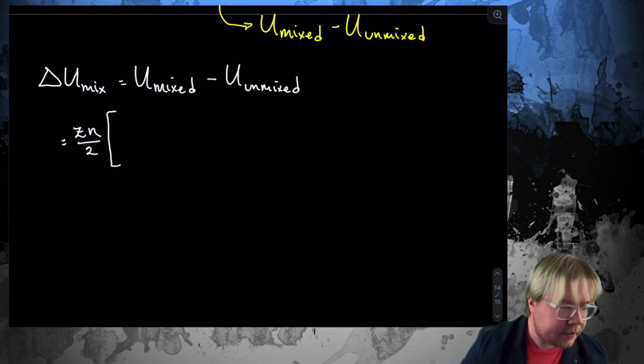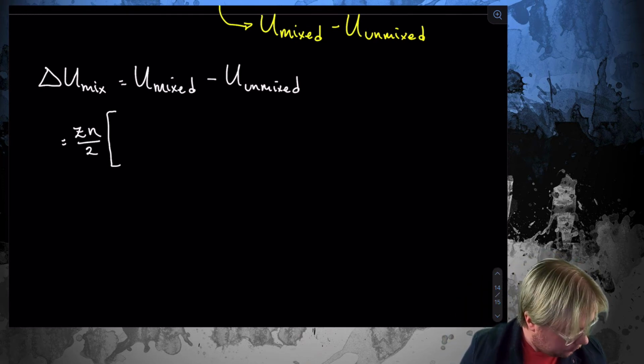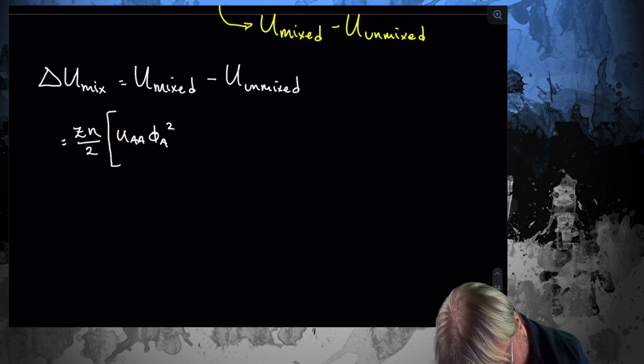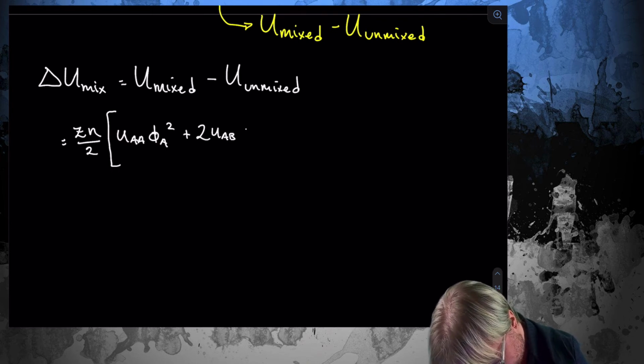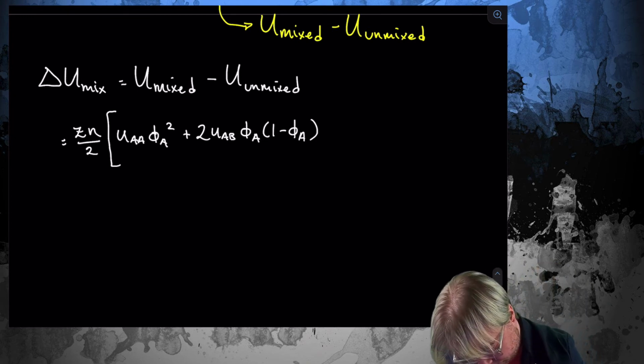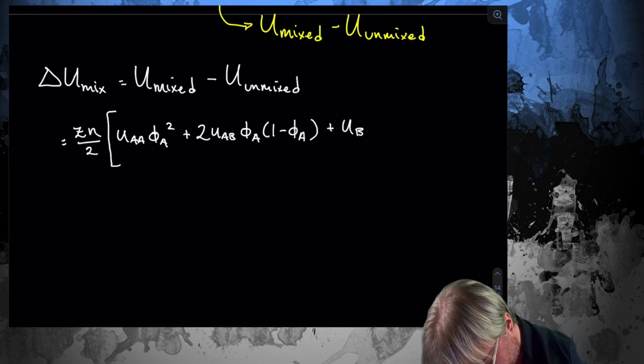I'm going to look at my notes here so that I make sure I get every single term. I'll have UAA phi A squared plus 2 UAB phi A 1 minus phi A plus UBB